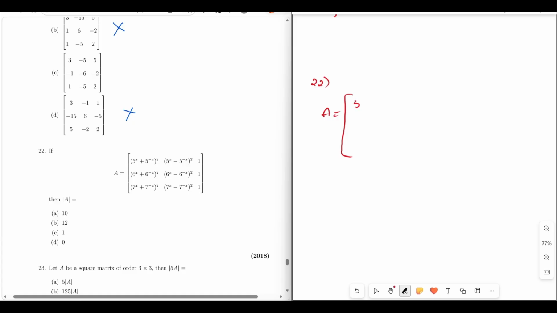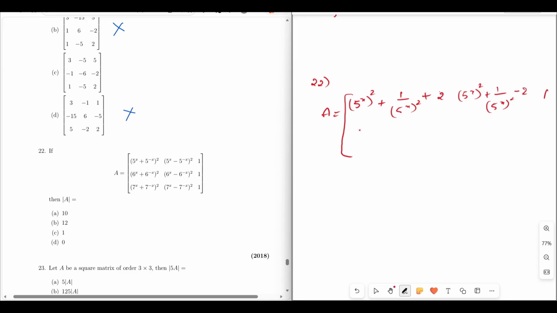That means 5 power x whole square plus B square, 5 power minus x whole square. So I'll write it as 1 by 5 power x whole square plus 2AB, 2 into 5 power x into 5 power minus x. So this will be 2. And here A minus B will get the same quantity, 5 power x whole square plus 1 by 5 power x whole square minus 2, A square plus B square minus